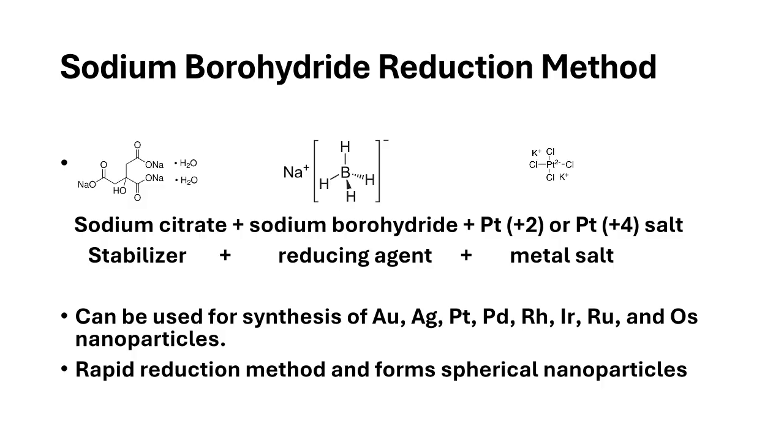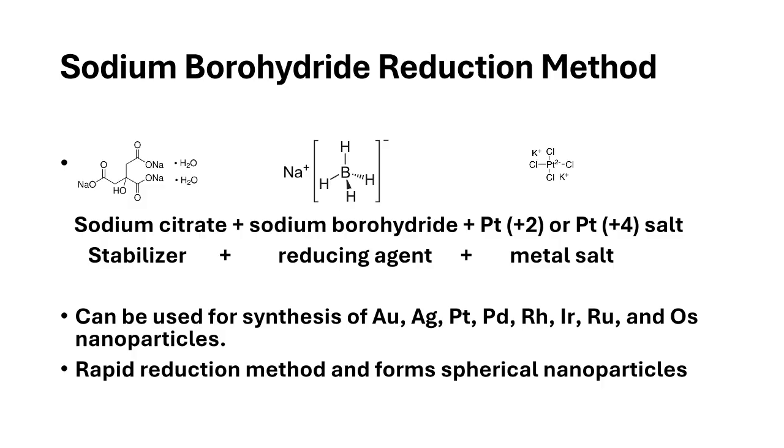The scintillation vial needs to be shaken vigorously while periodically opening the cap to release the evolved hydrogen gas. This synthesis method typically results in very small spherical nanoparticles and can be used for all the noble and transition metal nanoparticles. Other capping agents can also be used to prepare the nanoparticles, such as cetyl-trimethylammonium bromide. This method results in the formation of very small nanoparticles between 2 to 3 nanometers, and the nanoparticles are brown